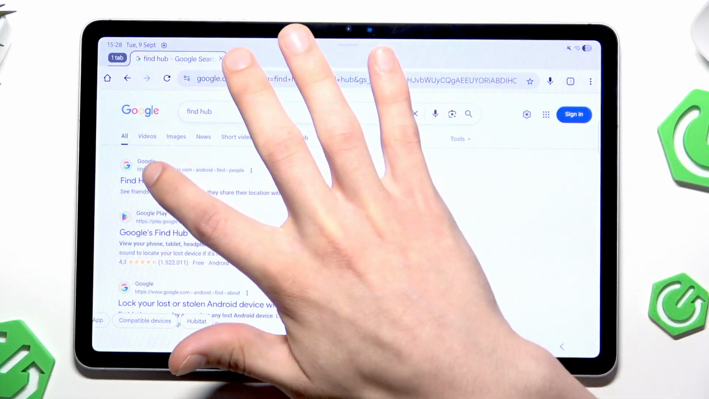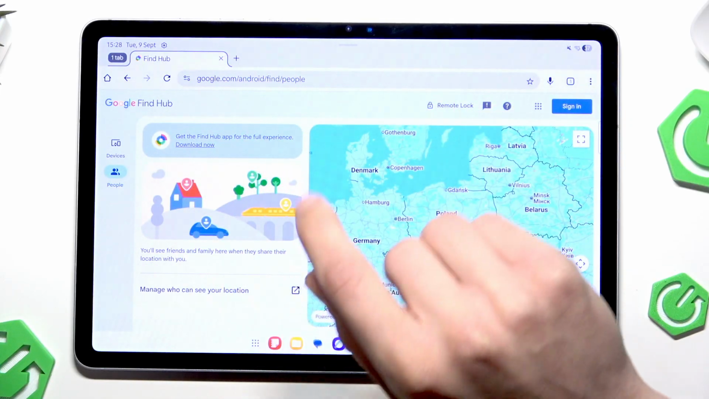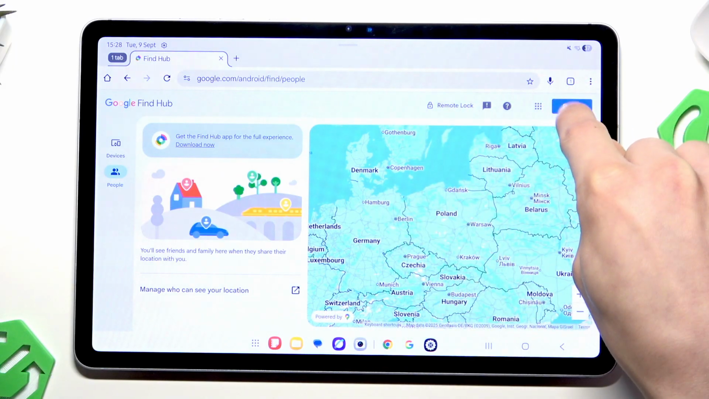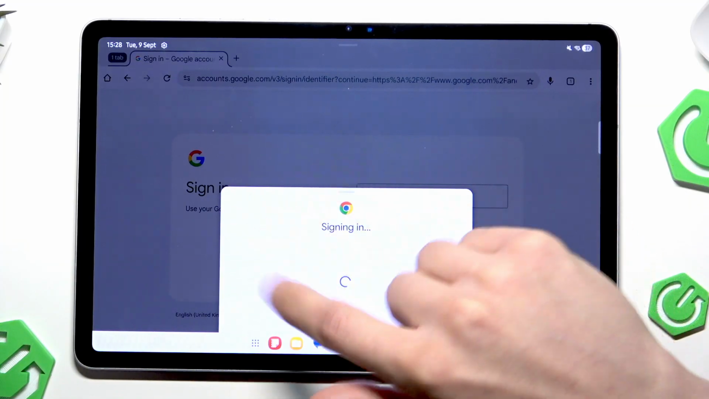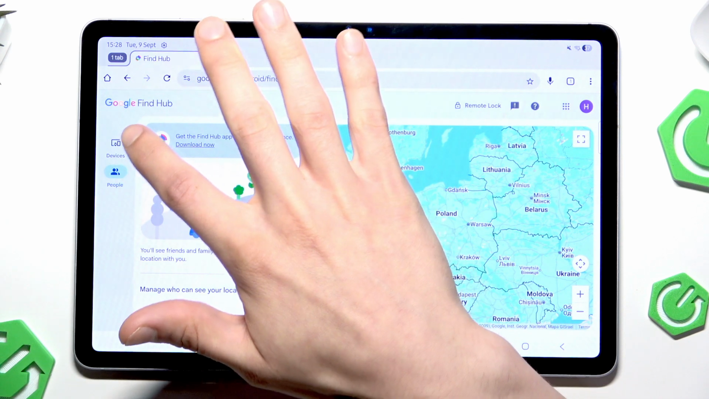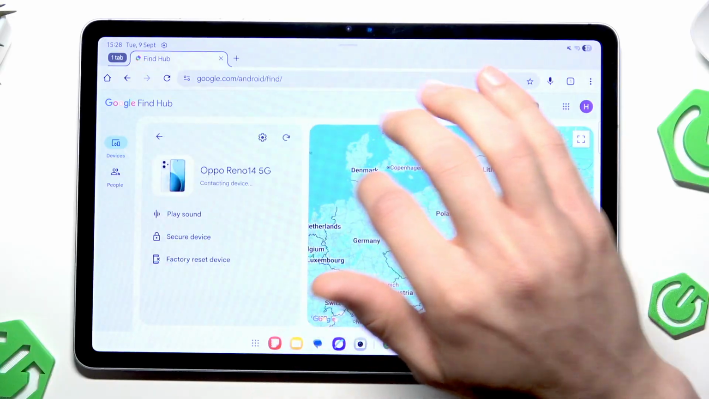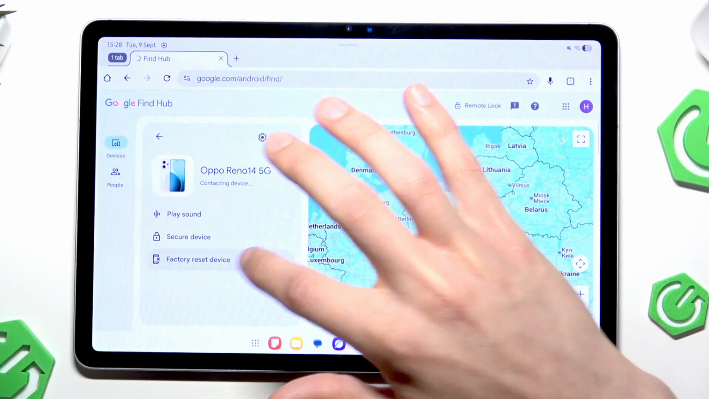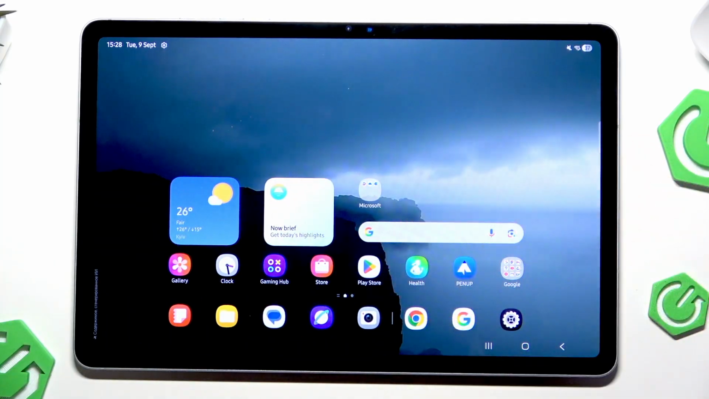Open Find Hub by Google, then sign into this service using your Google account that is linked to this tablet by clicking sign in right here. Then select this device, this tablet from the devices list. Select it, then select factory reset device, confirm, and proceed by performing a factory reset on this tablet. Once the factory reset is performed, you'll be able to set it up as a new device, and your problem